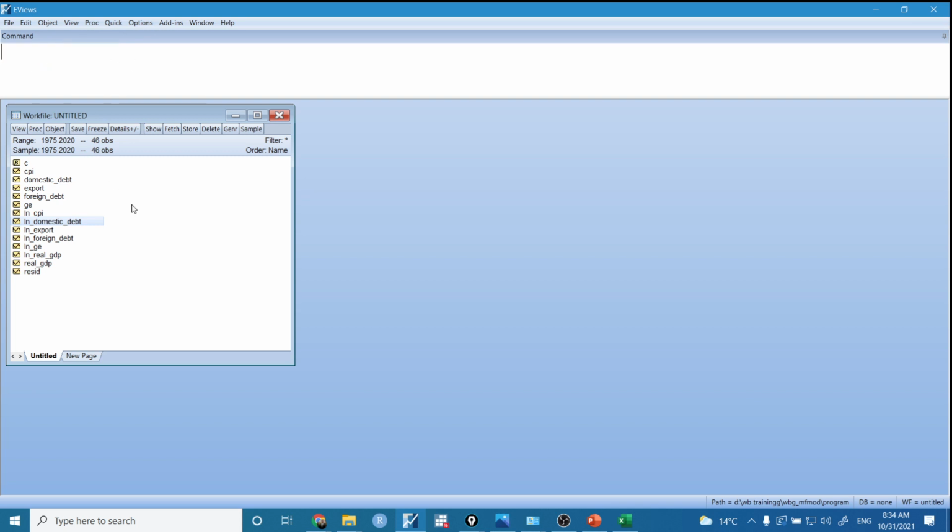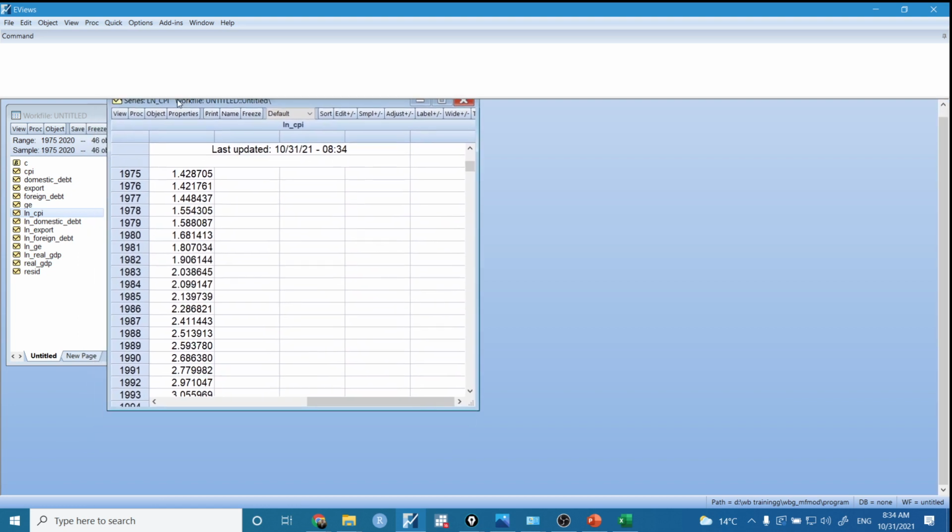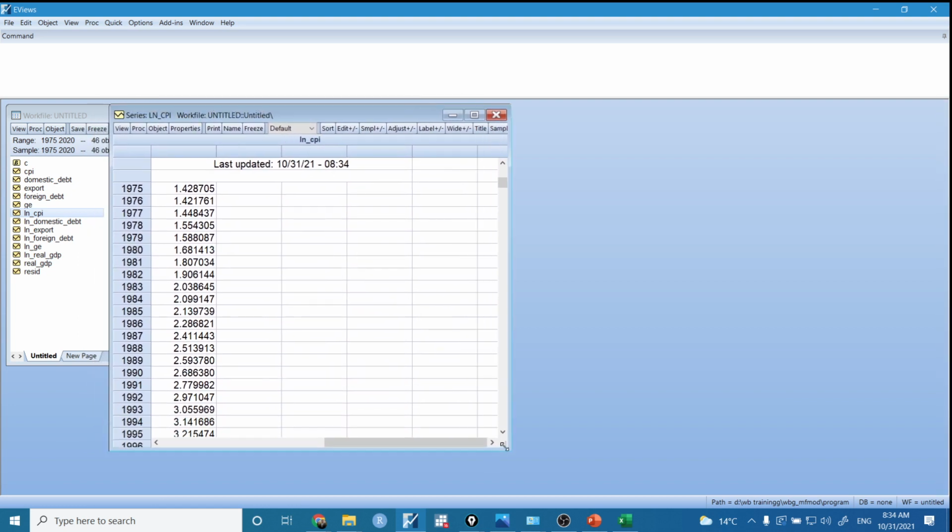So now let's perform the unit root test. Now we will go to the unit root test. Or first of all, we can have a look over its graph. So now let's click on the LNCPI. Let's double click on it. The spreadsheet will open in our EViews,